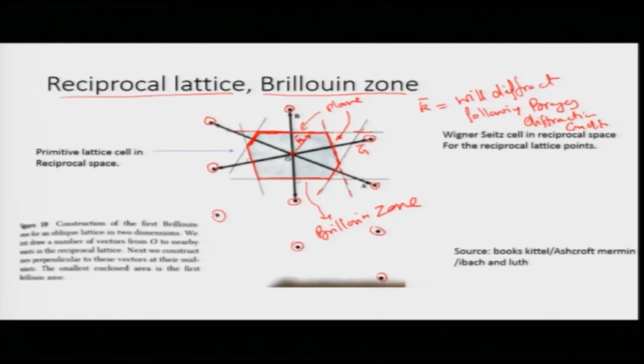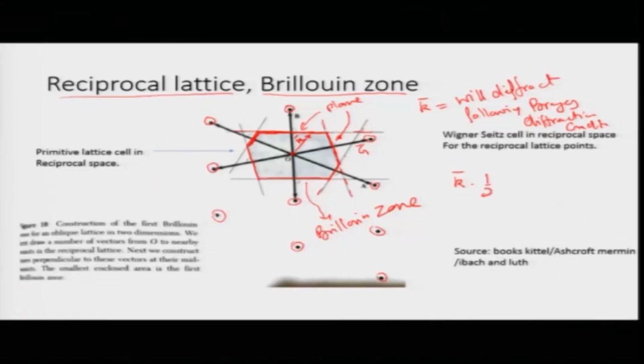For waves with a wave vector k which are impinging and reflecting off these set of planes, they will undergo Bragg scattering or they will undergo diffraction, and those waves will certainly satisfy k dot half of G is equal to this Bragg diffraction condition or the Laue's diffraction condition. These waves will satisfy this diffraction condition, and this is called the Brillouin zone, the first Brillouin zone of your crystal or of your lattice. And waves which diffract off the first Brillouin zone undergo a Bragg diffraction. So, this is an important